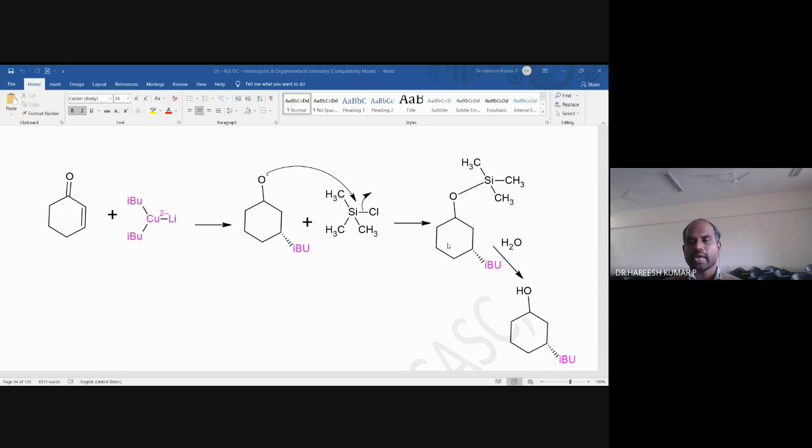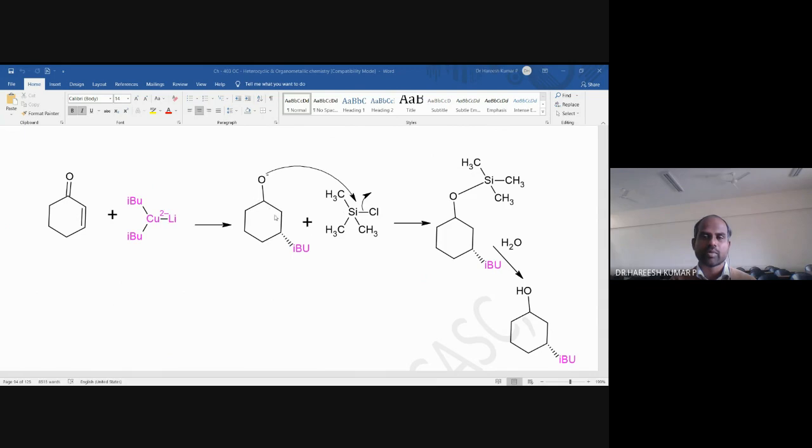So that is how a compound is obtained. And this on hydrolysis, meaning breakage of this one, gives rise to this product. So what does it mean? It means 1,4 addition of organocopper compounds followed by treatment with an electrophile. So if it is a silyl, it will form a bond like this, an O-silyl bond. If it is an alkyl halide, then this bond pair comes over here, and here